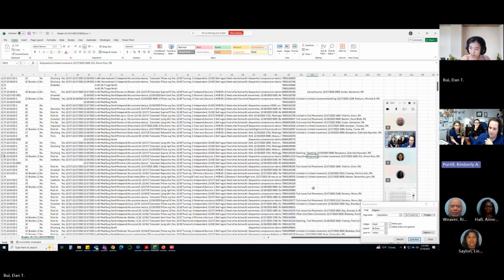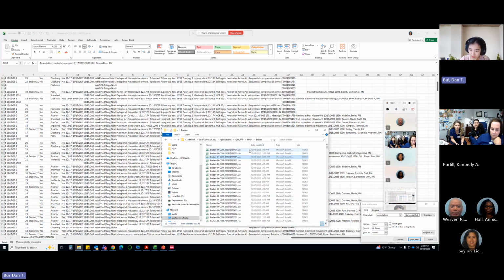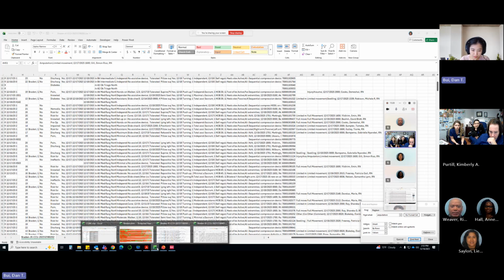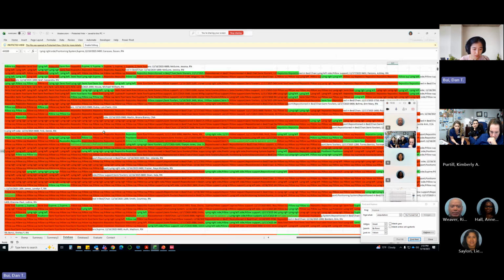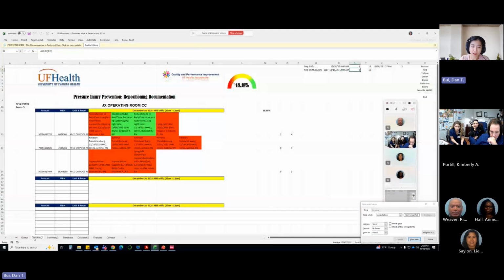So you have to manually go in and put that, or is it pulling from documentation? It's the automation. This document is fed into my file every 2 hours. So it's all automated. You see this file folder we have? It's coming in automatically, and then this report is running with a macro. So I don't have to do anything.